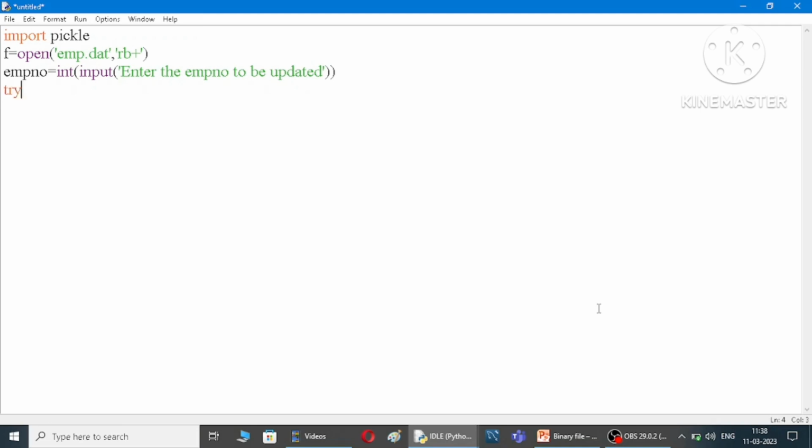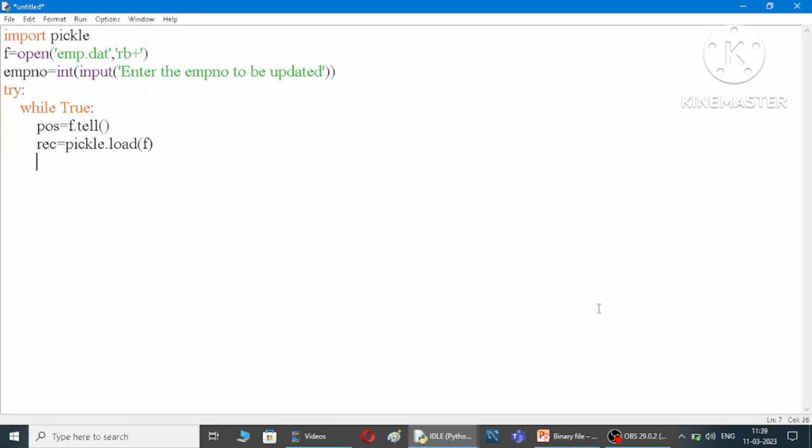Now inside the try except block, because whenever you load a record, you will have an exception generated. So you have to put it inside the try block. So while True, first store the position of the file, because before entering every record you have to store the position, because if that is the record to be updated, you have to use that position to jump to that particular place. So inside the loop, first store the position, then load the record and store it inside REC,